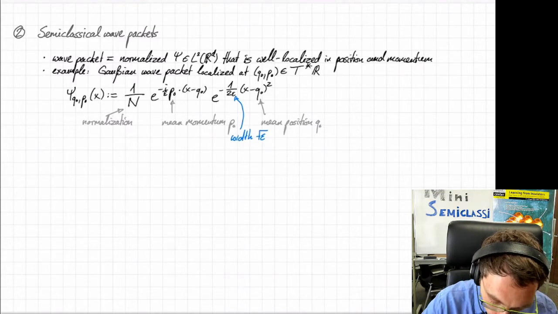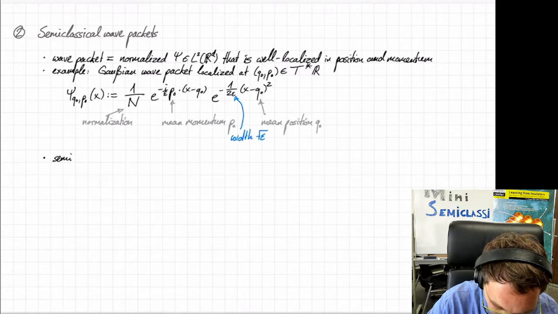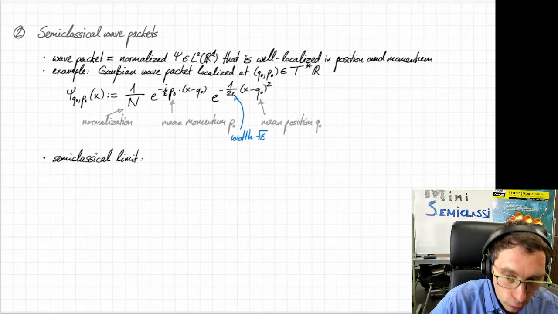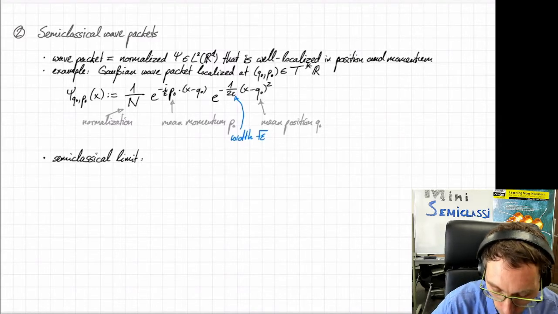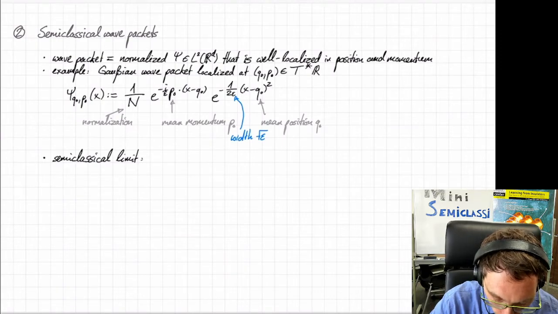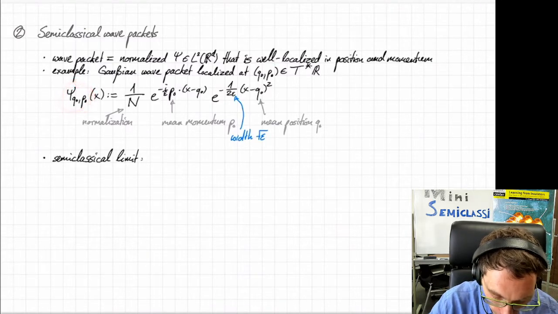The one way to formulate the semiclassical limit would be as follows. If you start at time 0 at q naught, p naught, or let's say in quantum mechanics, you use this as your initial state,